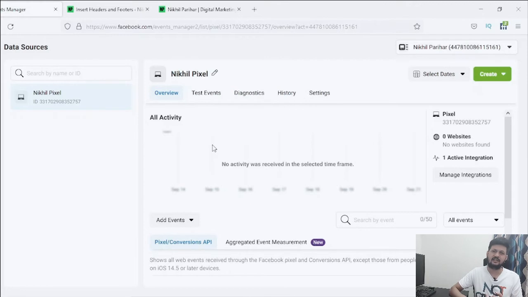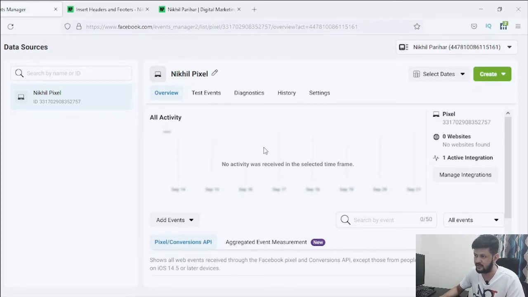An event can be somebody purchasing a product and reaching the confirmation page, somebody filling up the form and reaching the confirmation page, which is the thank you page or whatever page it is, or somebody visiting the add to cart page, so that can be an event, somebody reaching the payment page, that can be an event. So all these events you can also set up on your website, and it's very important to set up events also, so that Facebook knows when somebody is converting on our website.